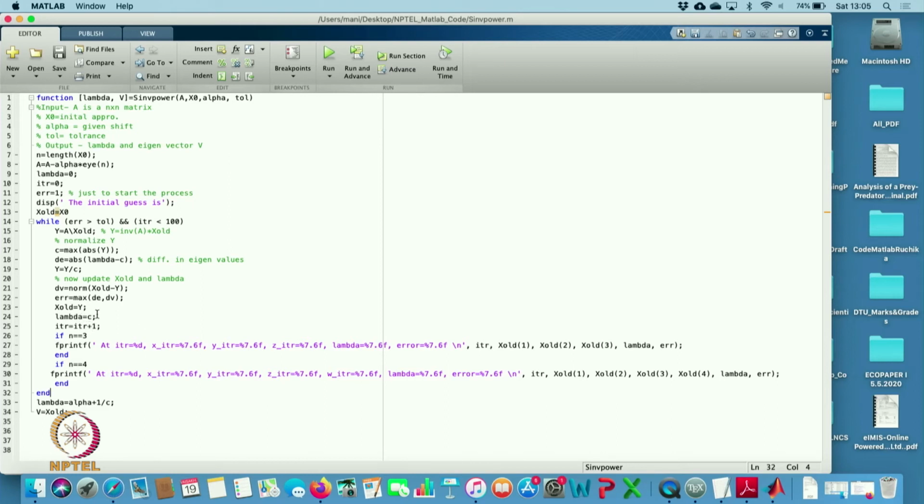So, c and lambda are the same. So, I can write the updated value of lambda as alpha plus 1 by c. That is the value we are getting, and then my x old will go to v, and this will give you the output. So, now I am able to find this value. The only thing is that I have to choose my alpha. So, let us run this code.